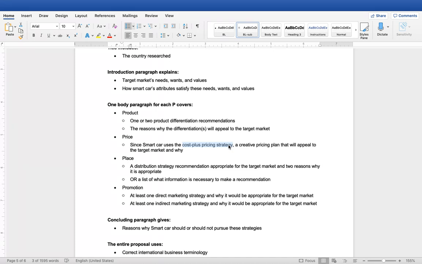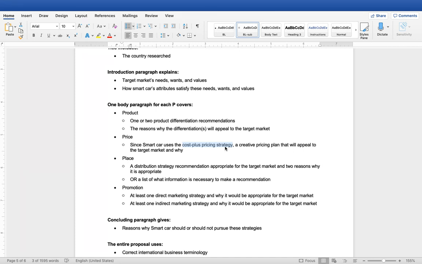Whichever strategy you choose to use in that country where you're introducing the smart car, please explain. So if you decide to stick to cost plus pricing strategy in China, for example, why? Talk about the competition, talk about the market. What research have you done? Look back on your SWOT. What did you learn? What were some opportunities and threats in China that justify you staying with the cost plus